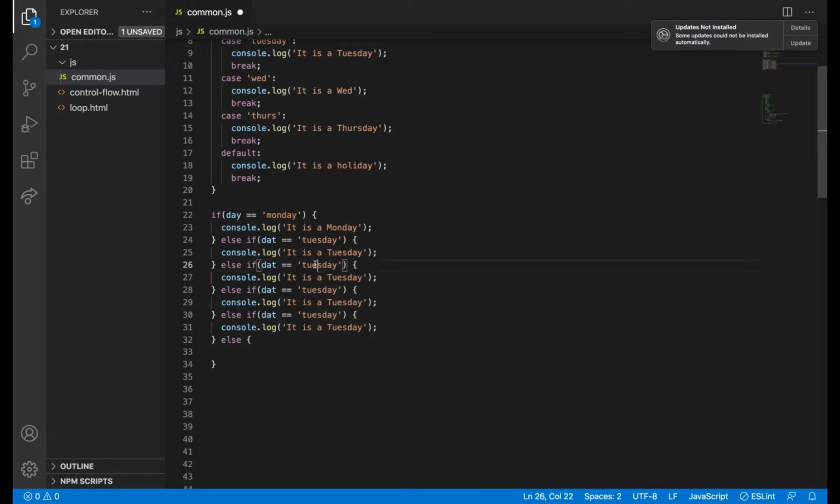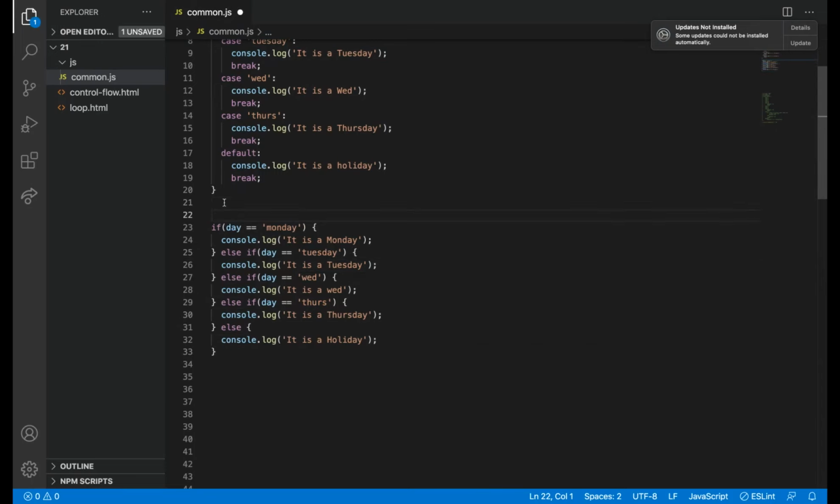So I can do this. Day equal to Monday, day equal to Tuesday, day equal to Wednesday, Thursday, and then else it is a holiday.